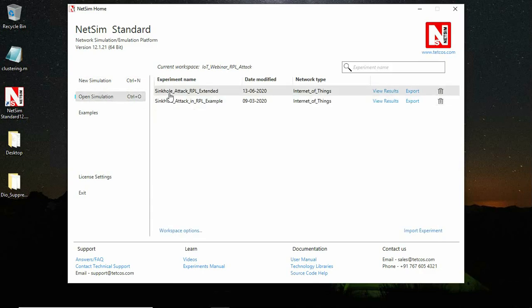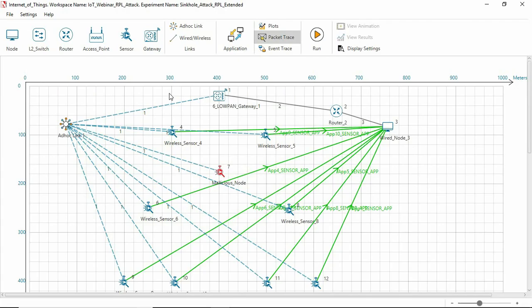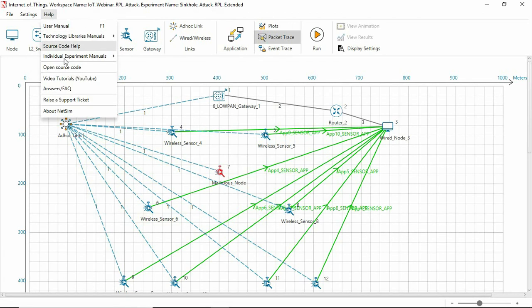We open the network in NetSim. The network scenario comprises of a few sensor nodes communicating to a server via a 6LoWPAN gateway and a router. We open the source code.